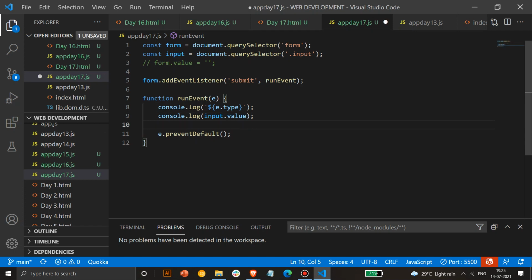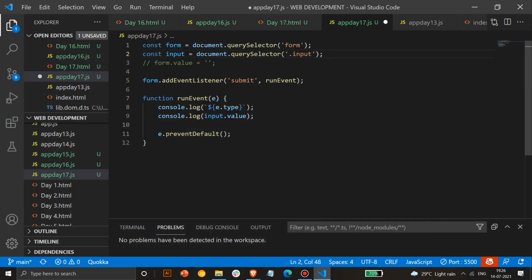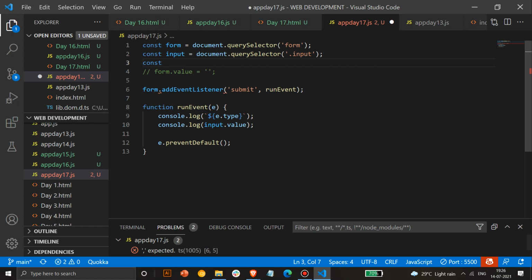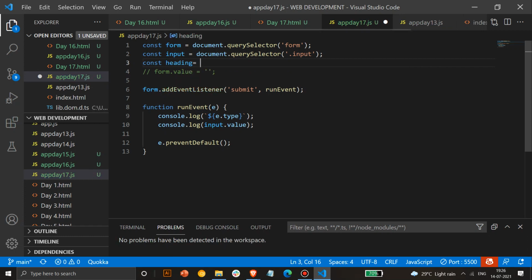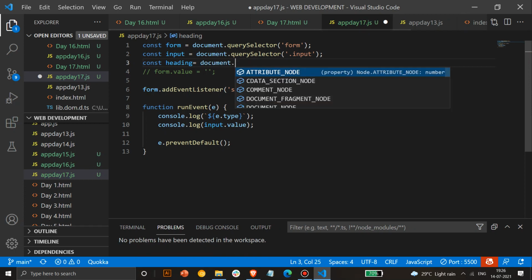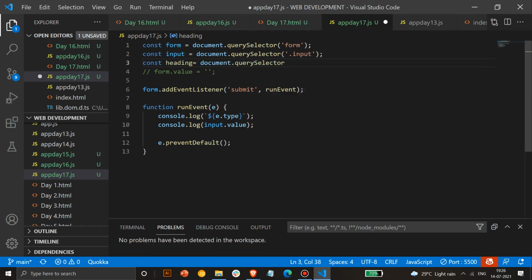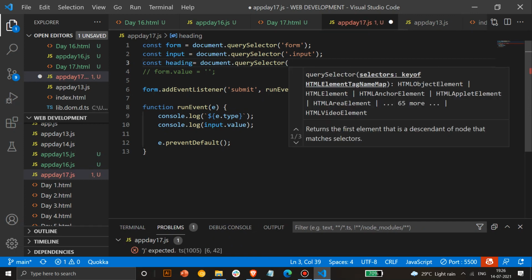Also, as soon as you submit something here, you can change the value present here also. So we can make a to-do list, and we'll change the h1 element here. Okay, so we'll get the heading. So const heading, and we'll do const document dot query selector, and we'll get the heading.